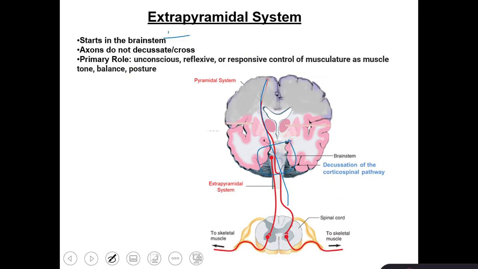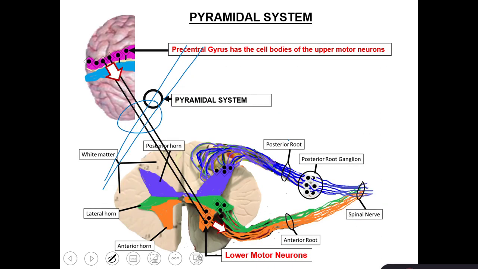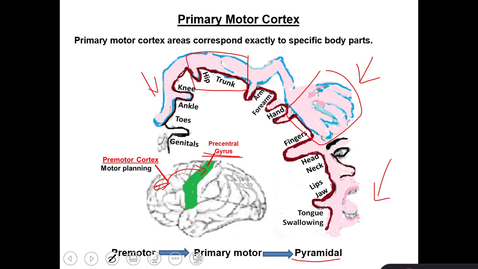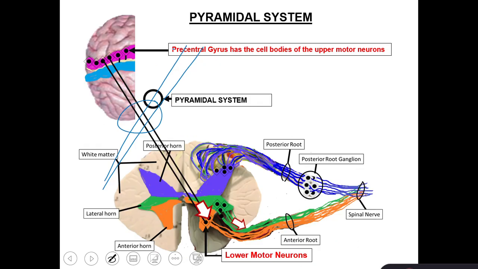The pyramidal system, where the signal is initiated at the precentral gyrus, is very specific, meaning that if a stroke happens in a certain area here in the precentral gyrus, suppose at the lower limb area, this means that a paralysis happens only in the opposite side lower limb. So here there is a localization when strokes happen. However,